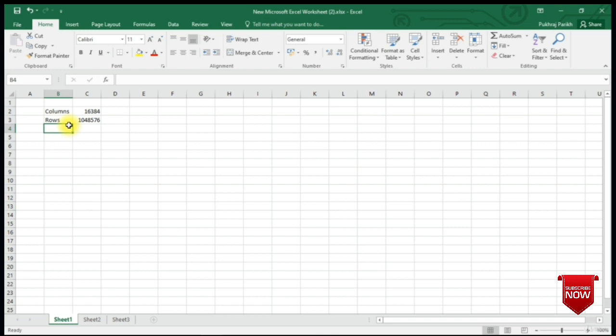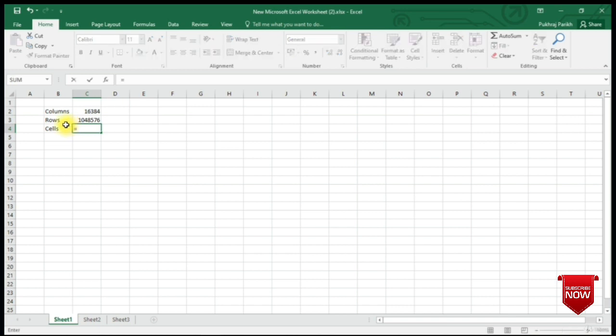Let us find out the number of cells by writing cells in this cell and writing the formula for calculating cells. The formula will be simply the product of numbers in cell C2 and cell C3. That is, if we multiply the number of columns with number of rows, we get the number of cells.